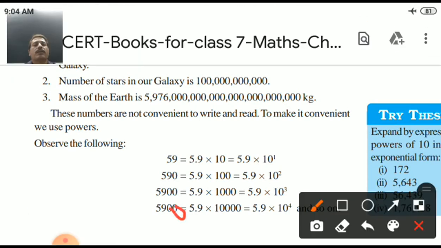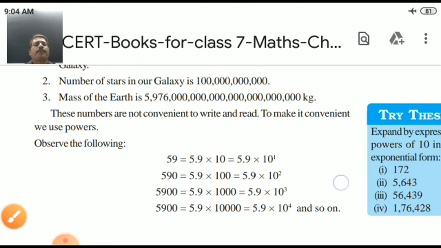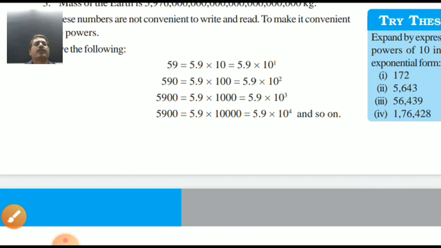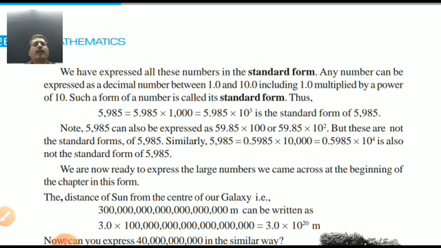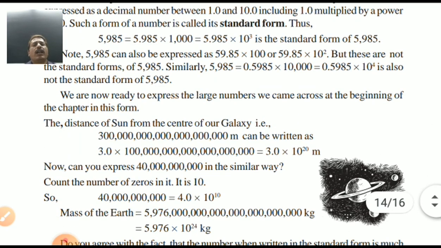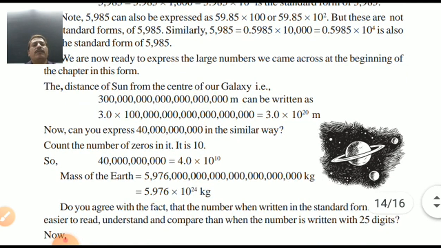One zero is less, son, check the textbook here and make the correction. So here 5.9 into 10 raised to 1, 5.9 into 10 raised to 2, 5.9 into 10 raised to 3, and 5.9 into 10 raised to 4, because every time 10, 100, 1000 and 10,000 are there. That's why. So whenever we are writing any number, we can multiply with the same number. But at least one digit should be there before the decimal point, and afterwards you can write any number. Clear? Good.